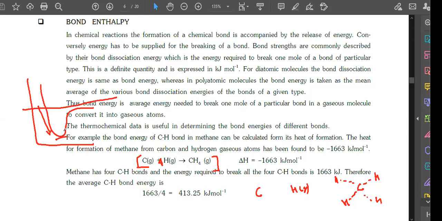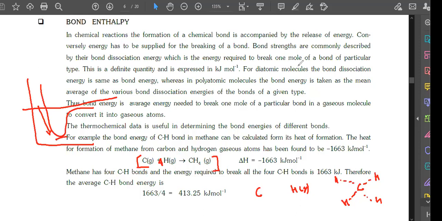It will be minimum at a point which is its bond length. I gave you the example of spring, that if a spring is expanded, it will try to come to its natural position, and if you push it, then also it will try to come to its natural position. Okay, now tell me,